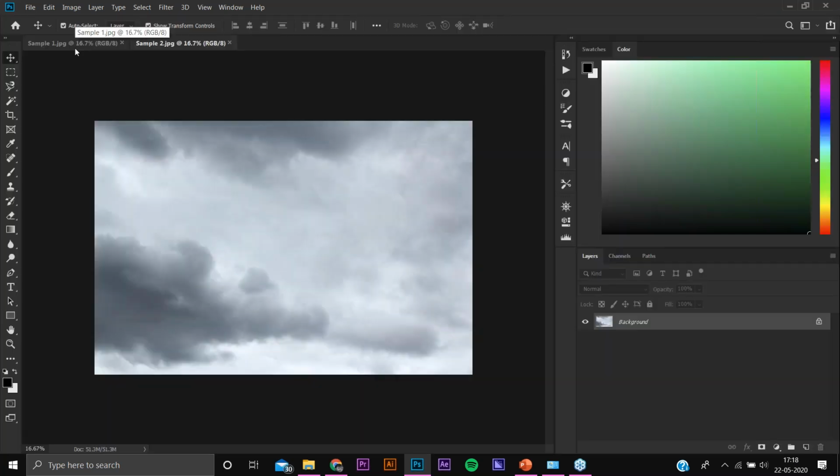Vedant, while it is opening, you can tell the audience which version of Photoshop you are using. Now I am currently using Photoshop 2019 CC.